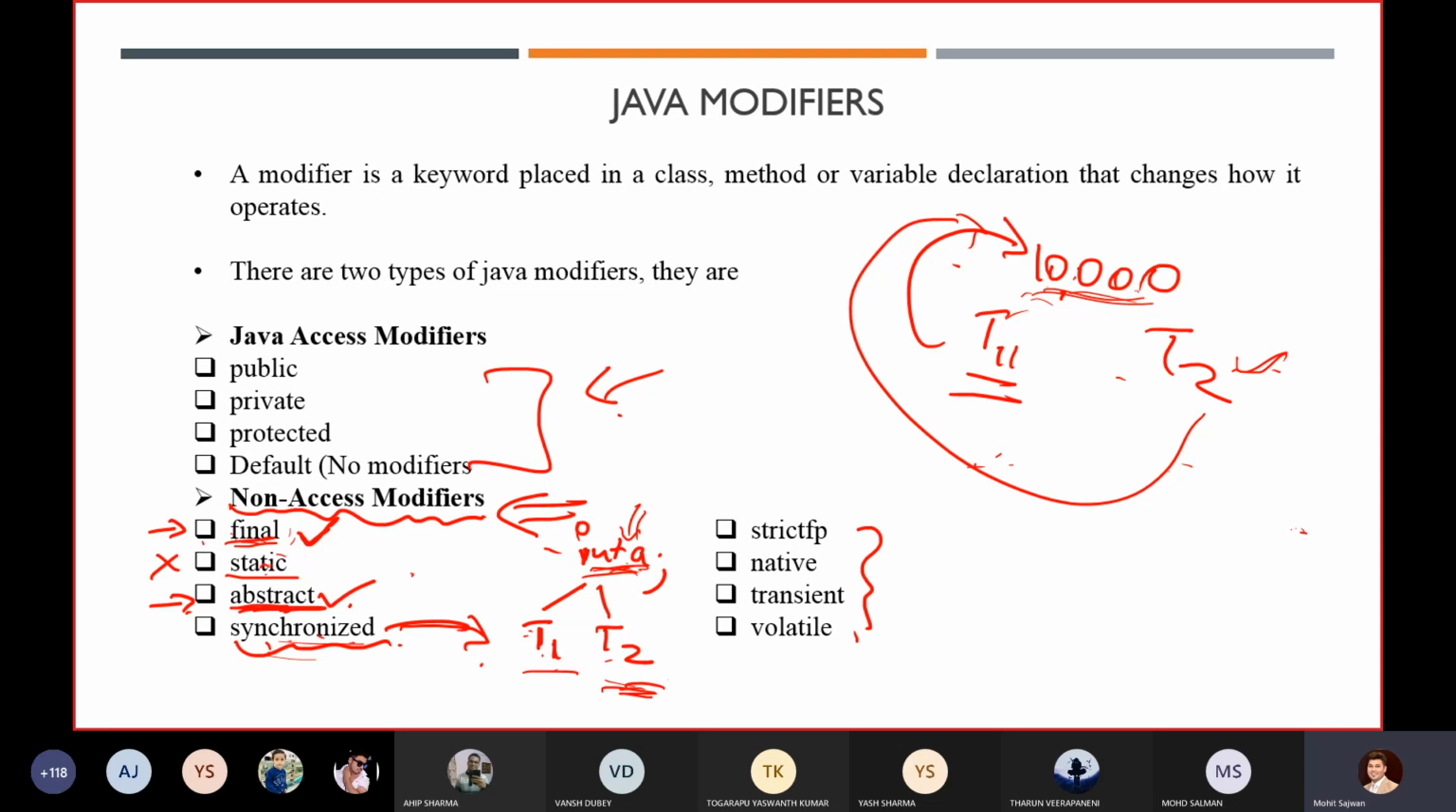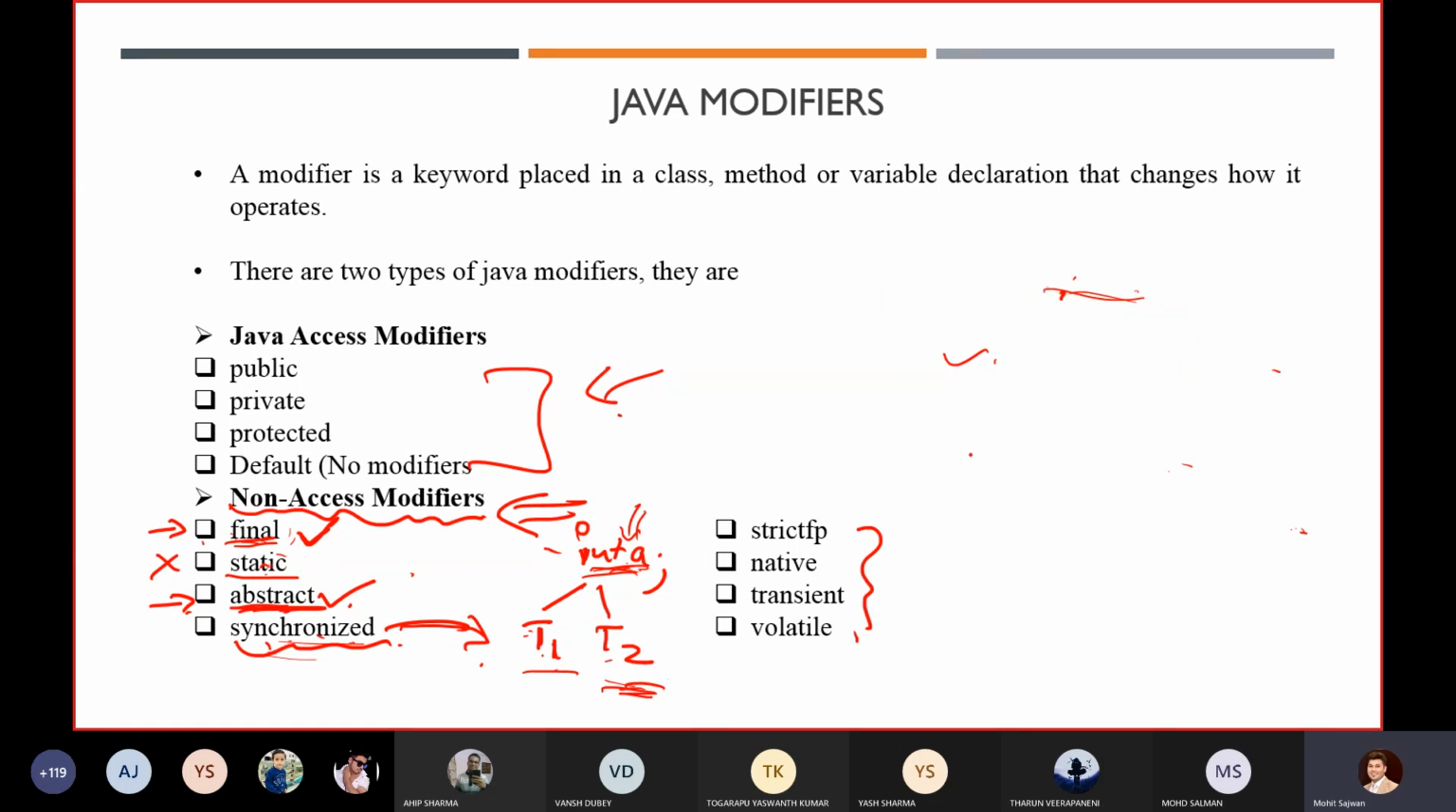But the way we have implemented threads, the difference is in microseconds. So in a fraction of a second, both the transactions get executed, but at a time only one transaction we are executing. Right. Similarly, we have strictfp. So what is strictfp? So using this